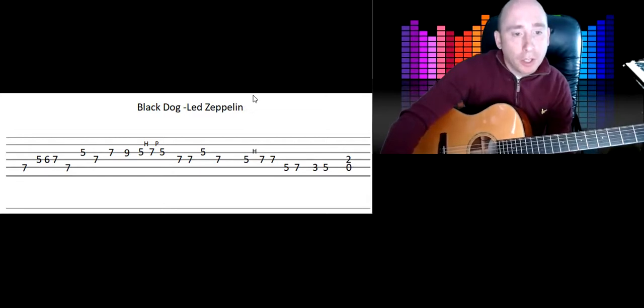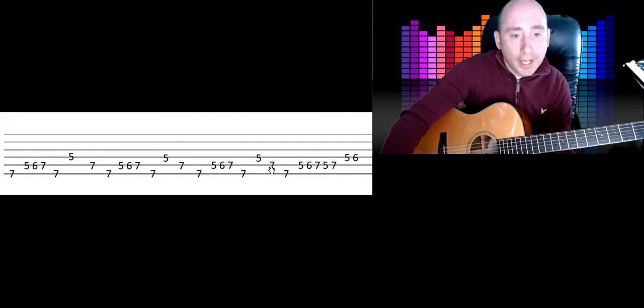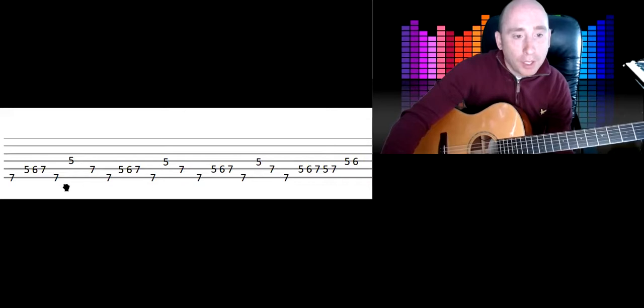Okay, so we're just going to learn the next line. If you notice, the 3rd line is virtually the same as the 1st. So we're going to learn this 2nd line like this, and then I'm going to show you the counting above it. So I've put where the bar lines are. So we won't look at that yet. We'll look at this, and I want you to notice that